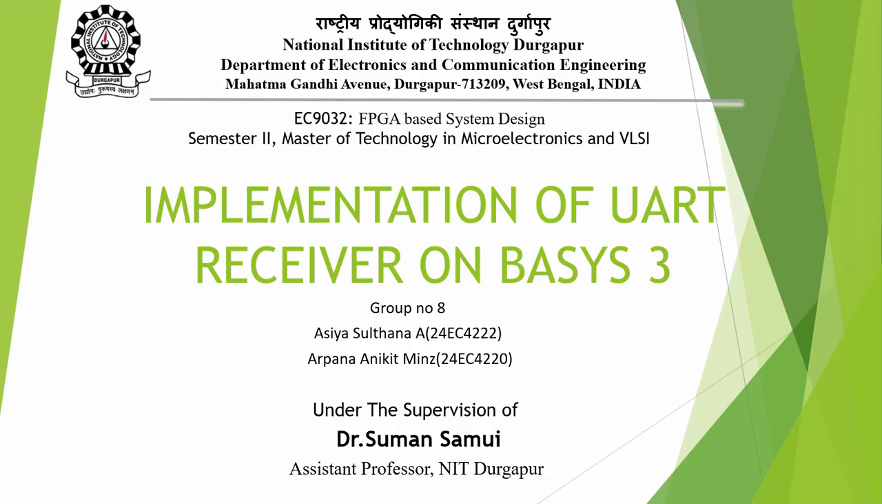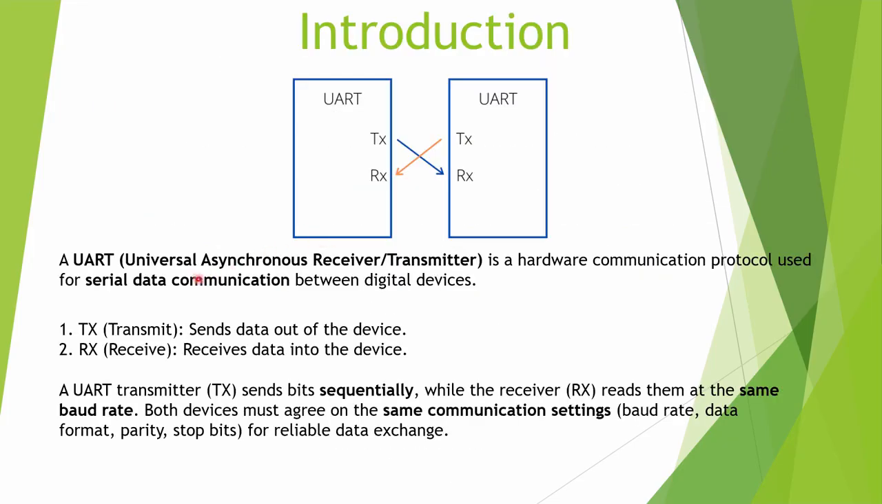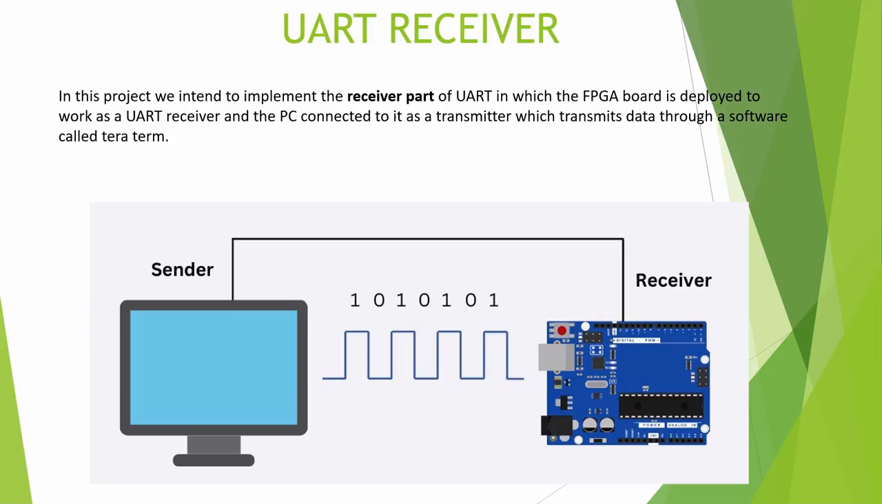This project is the implementation of a UART receiver on the Basys-3 board. A UART is a universal asynchronous receiver transmitter, which is a hardware communication protocol used for serial data communication. The transmitter will transmit from one device and the receiver receives the data in another device. In this project, we intend to implement the receiver part of UART, in which the FPGA board is deployed to